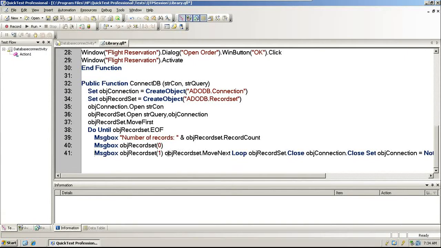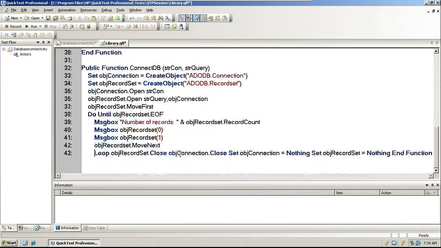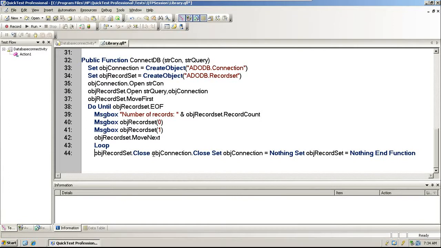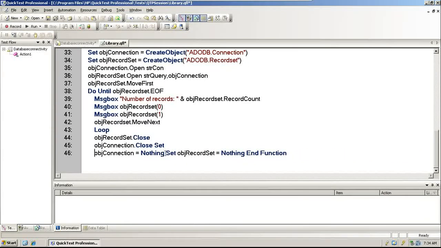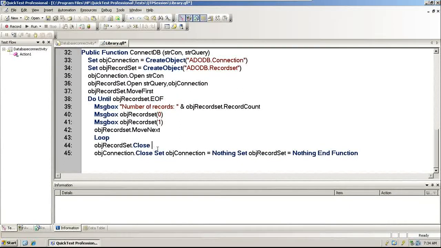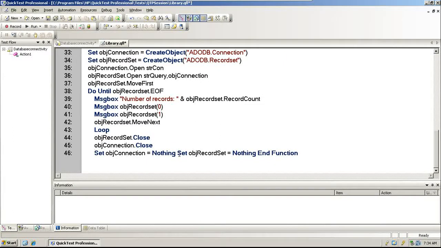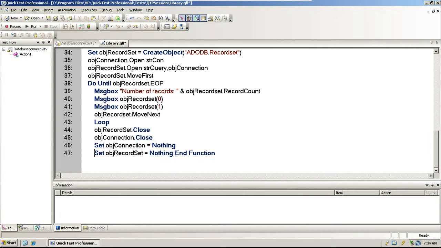And then you move next on each, then the loop ends, then the record set is closed, then the object connection is closed. Then you set object connection to nothing, and then you set object record set to nothing, and finally you end the function.